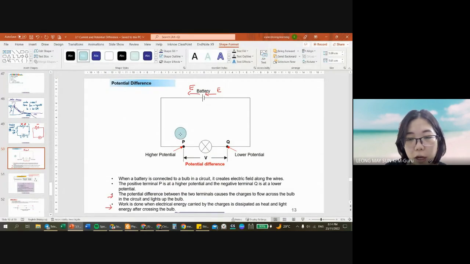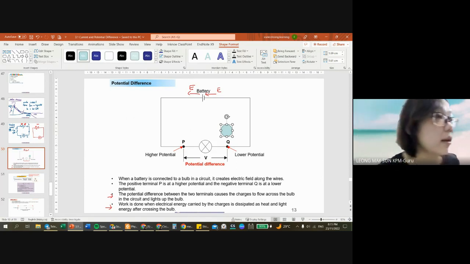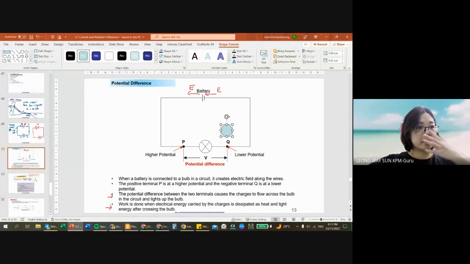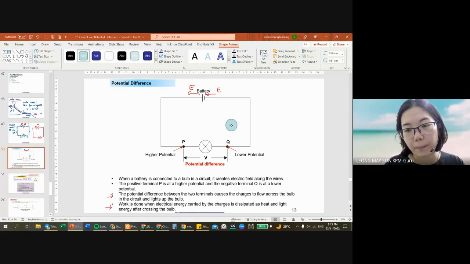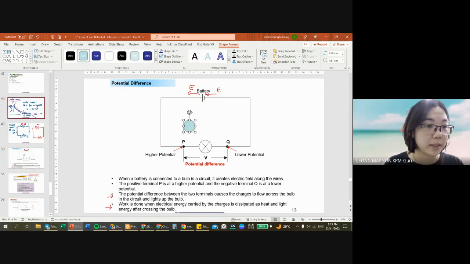okay, a coulomb of charge, so I'm going to draw one coulomb, okay, this is my coulomb of charge. I take the coulomb of charge moving from, because in a circuit, what charges move? Positive or negative or neutral? What charges move in the electric circuit? Good. All right, thank you, Hans. Negative charge will move in the electric circuit. So when I take one coulomb of negative charge, moving from point Q to point P, I'm going against the electric field, all right, which means that